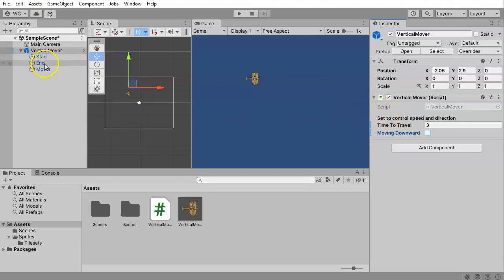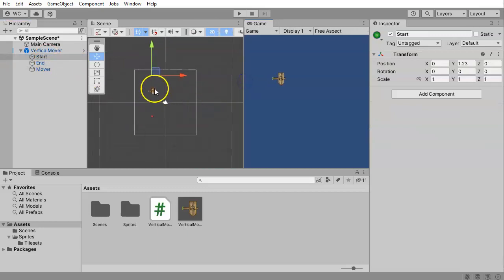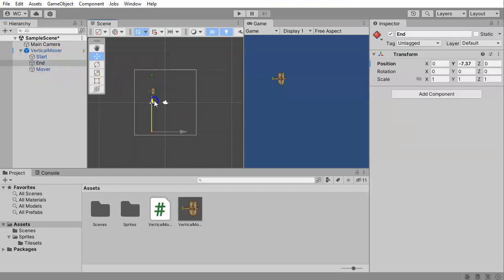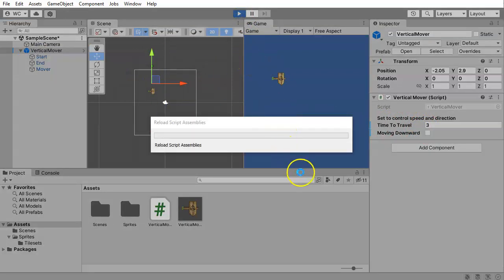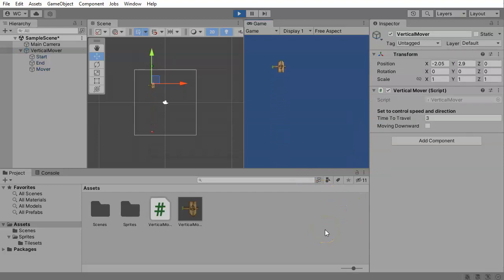red position. So if I look at my vertical mover object, and it might be a little bit too small over here, you can see that there's a green dot and a red dot. If I were to take those and change their locations, and then say it's going to travel that distance in 3, it's going to go off the screen and then come back. It will go up because it's